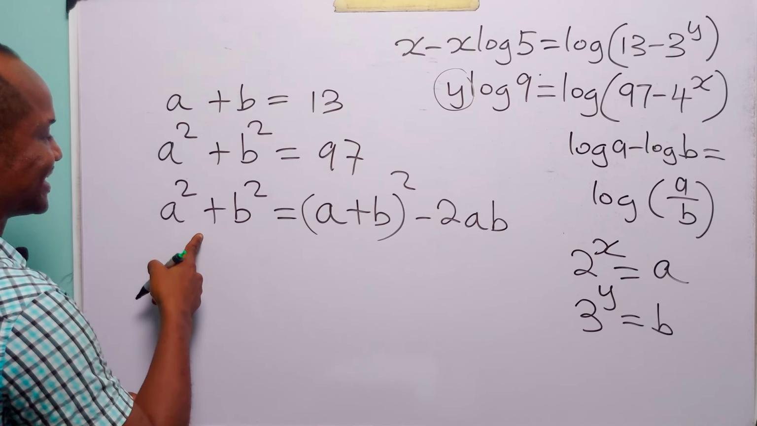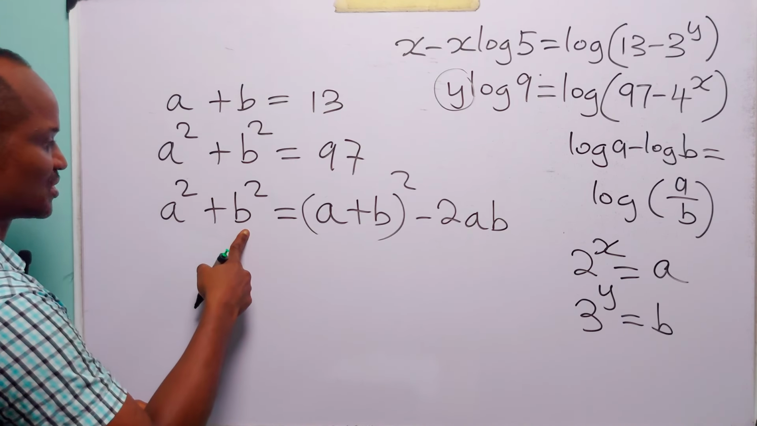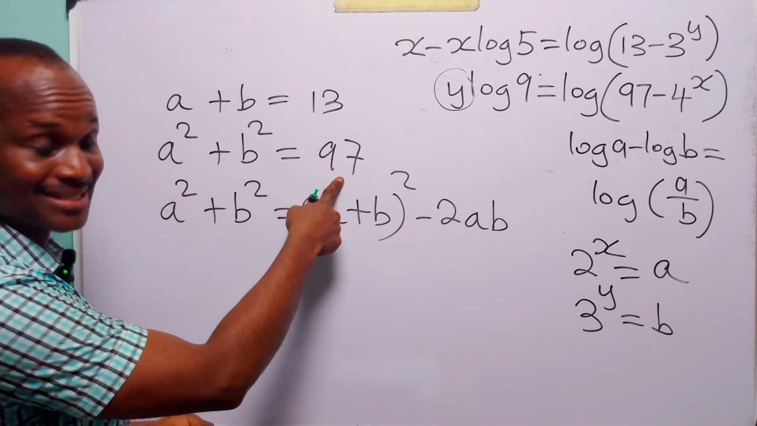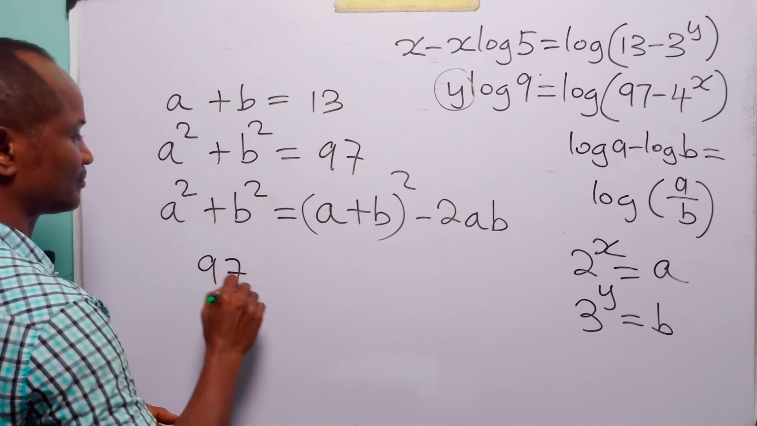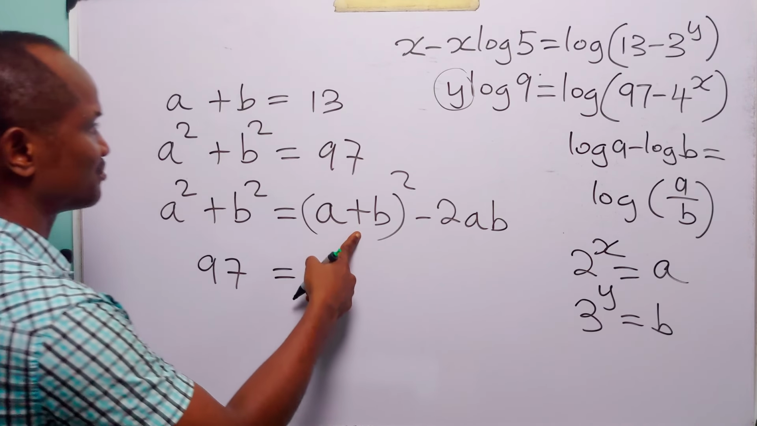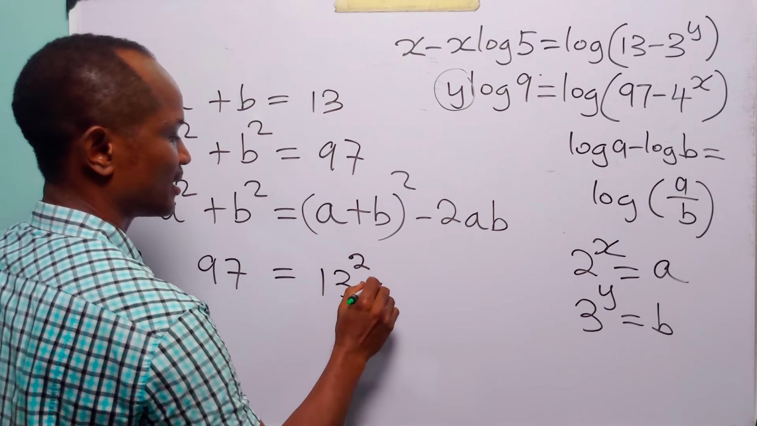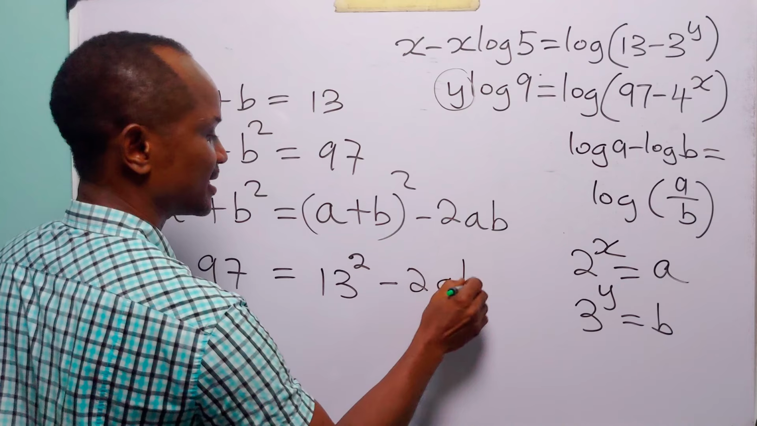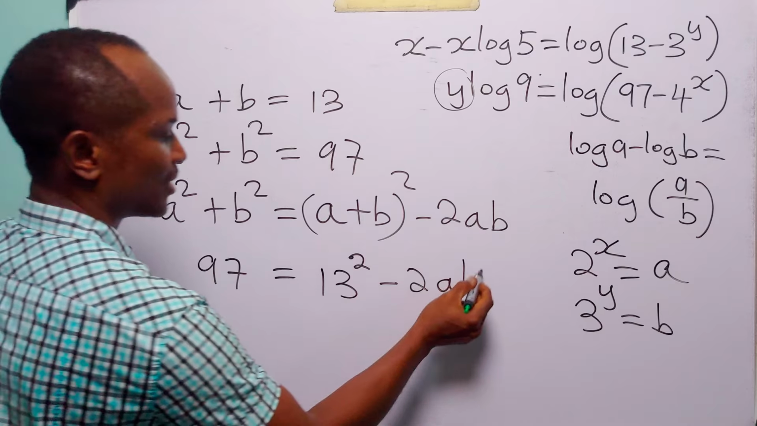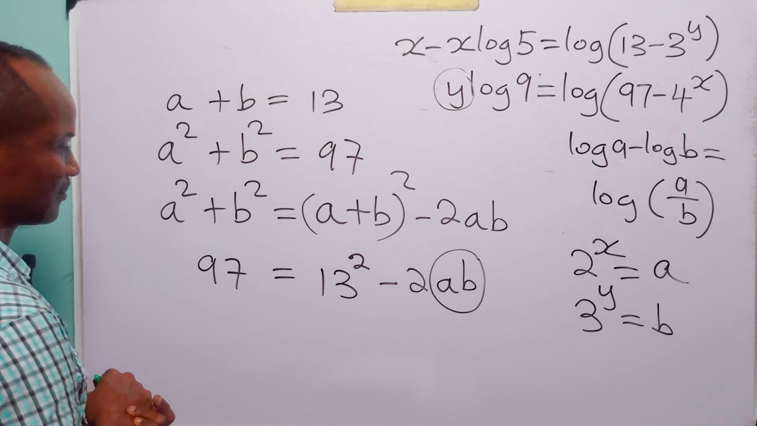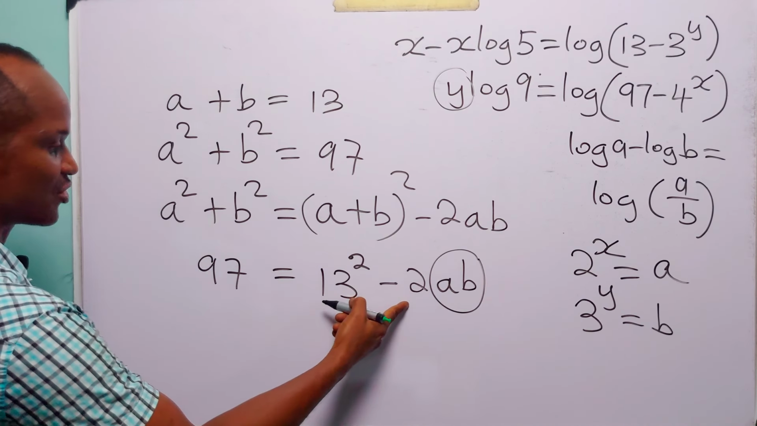Substituting into this identity, we have a squared plus b squared, which of course is equal to 97. And this is equal to (a plus b) squared, which is 13 squared, minus 2 times ab. We are looking for ab. And of course, rearranging this equation, we have